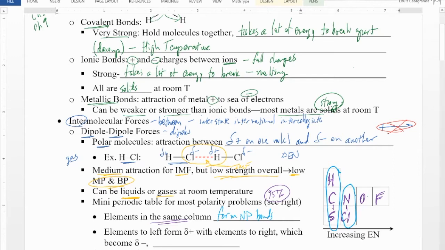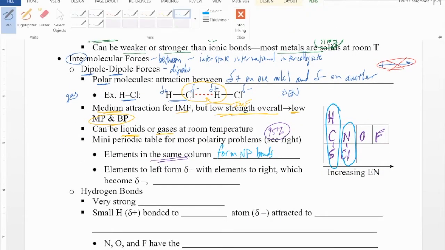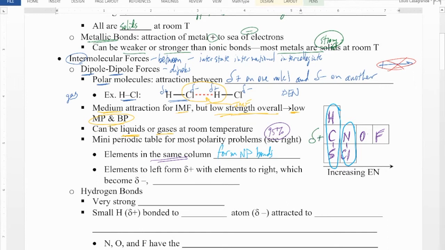The other direction, horizontally, left to right, we'll have positive, lower electronegativity atoms to the left, and negative, higher electronegativity atoms to the right. So in any bond between any two atoms, not in the row itself, but left to right, we're going to form polar bonds. A polar covalent bond. And that can be anything like carbon to nitrogen, nitrogen to fluorine, sulfur to fluorine, anything. You can change rows, and that's fine. And so these are going to form polar covalent bonds, and molecules that have them will be able to exhibit